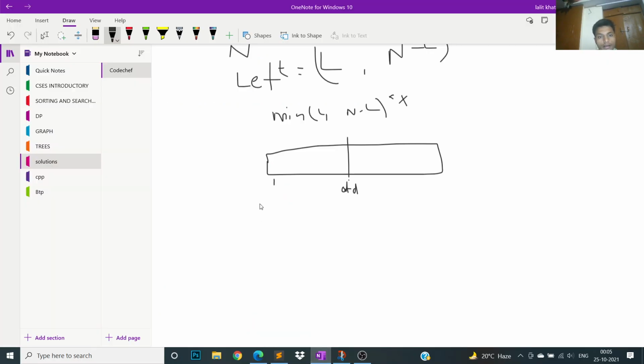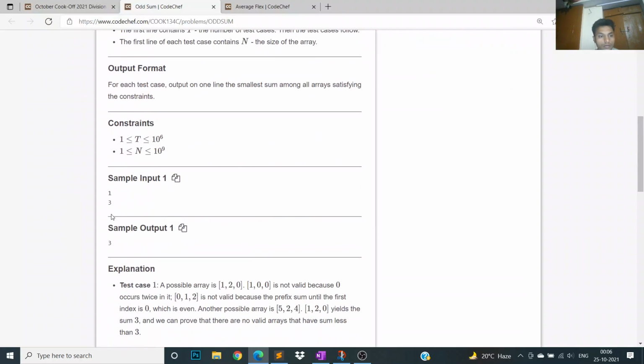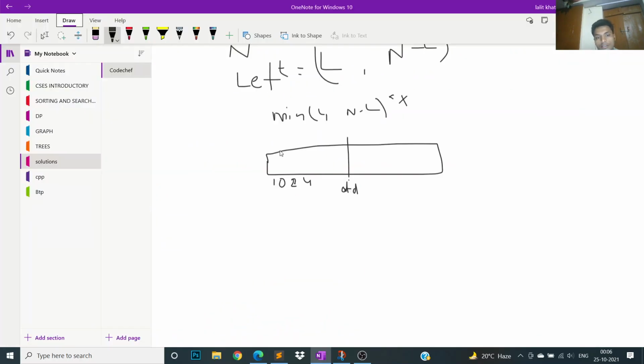Okay, then if anywhere an odd comes, the sum will become even. So here it will be 1 0 2 4 6. So yeah, this will be 3, this will be 3. Okay, yeah, this is the solution. So here it will be 1, and after 1,